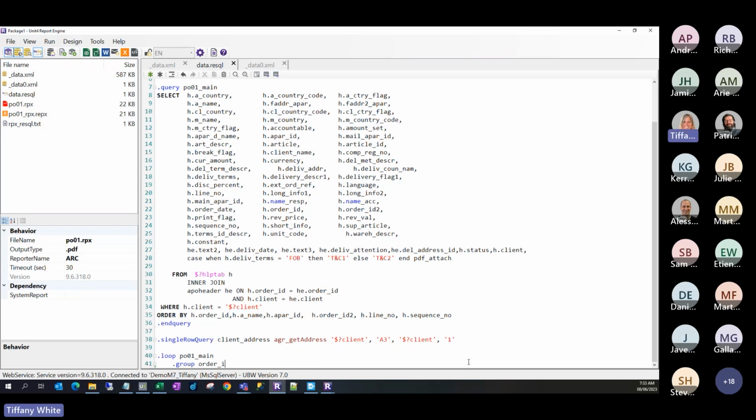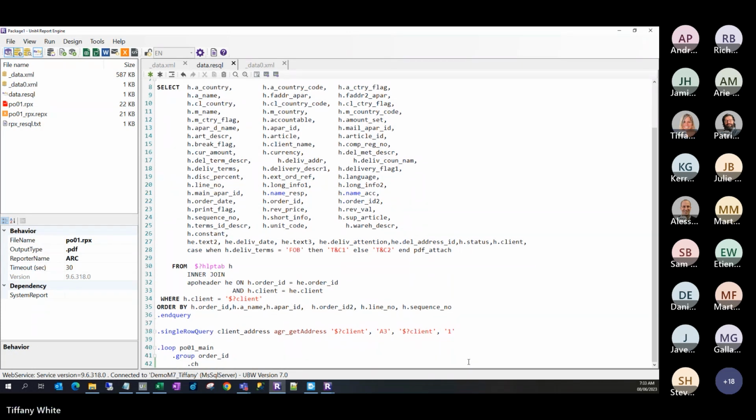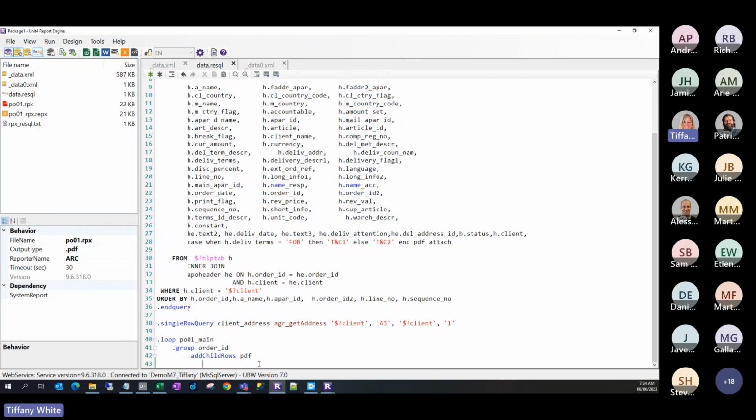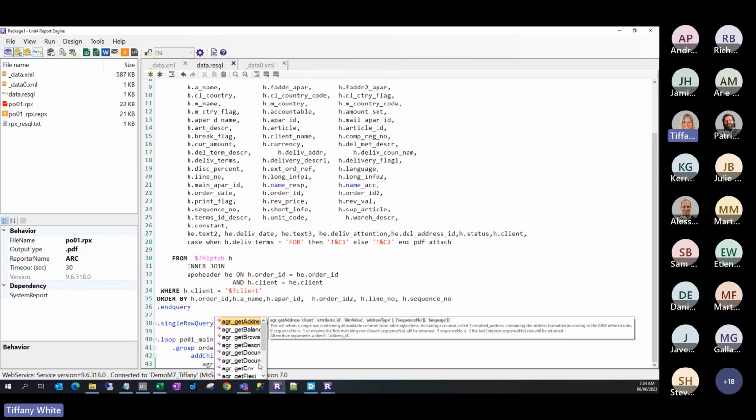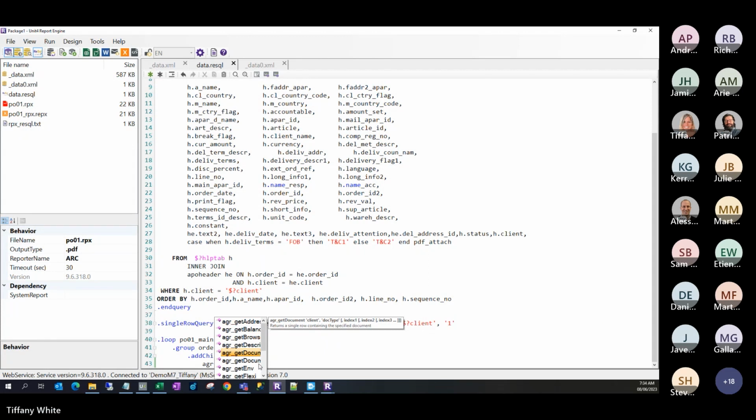And I'm going to add child rows. Child rows, and I'm just going to call it PDF. So this is the name of my data set here, PDF. And below that, I'm going to use my macro to get a document. So I'm going to APR get document. Okay. And this is my document